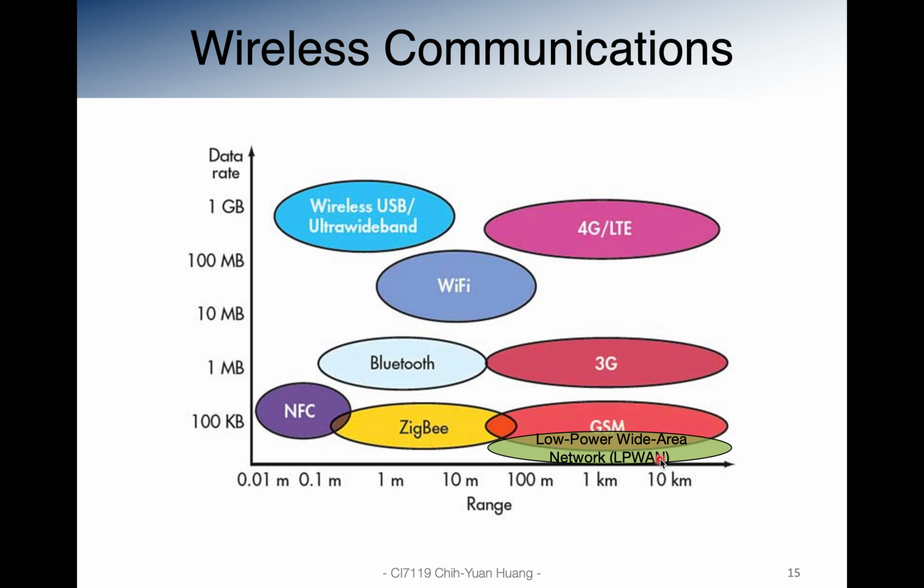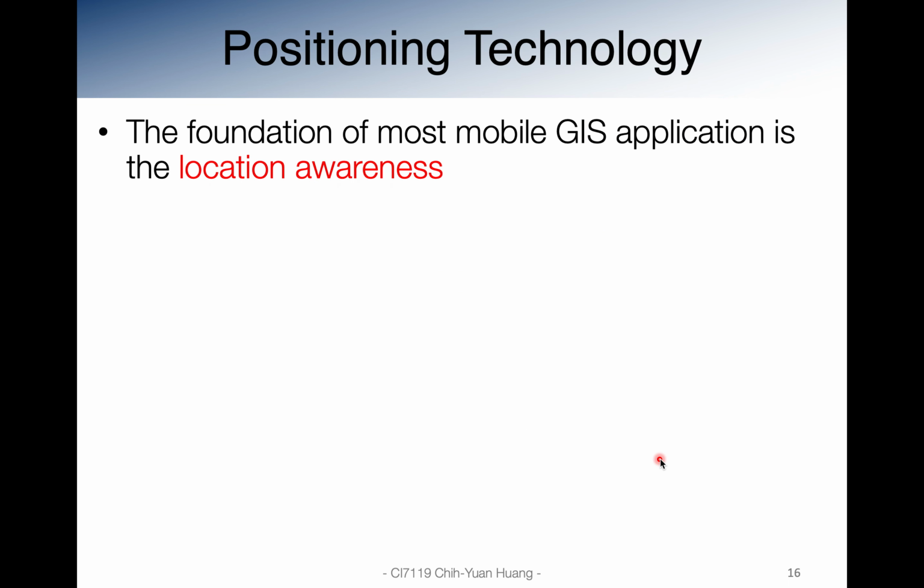Okay, so this is just to give you guys some reference. In terms of the positioning technology, like I said, mobile GIS applications are usually required to know the location of the device. In this case, we can support more customized or personalized services. On the other hand, you can collect geographic information by using the positioning technology to know the location